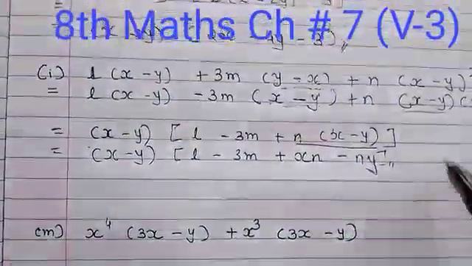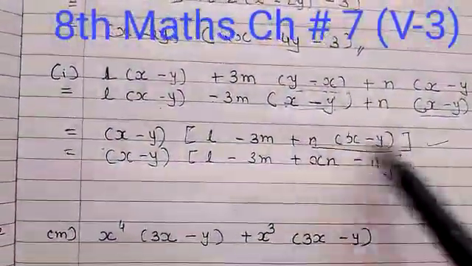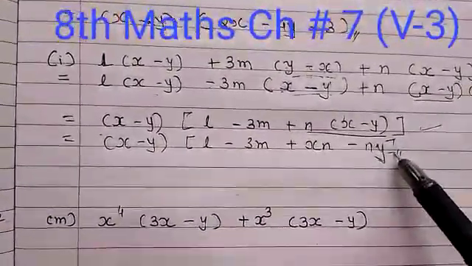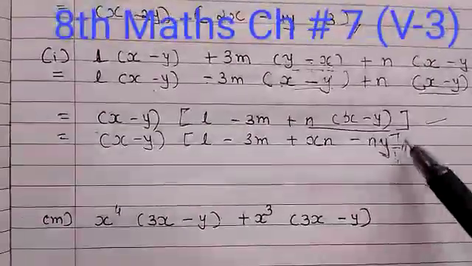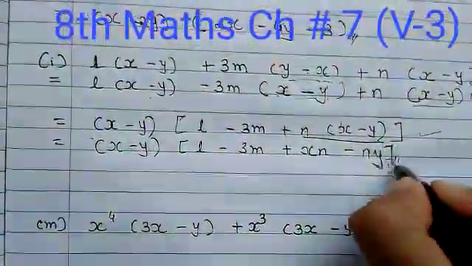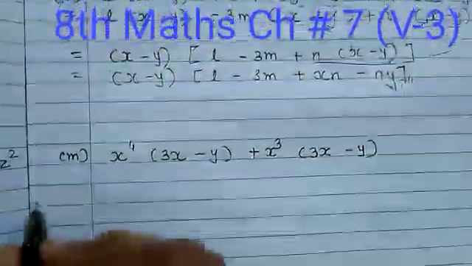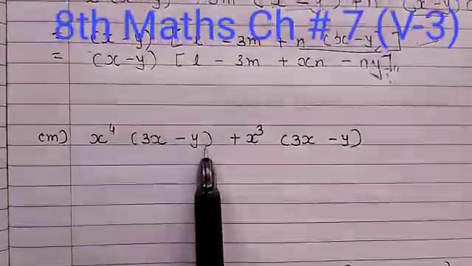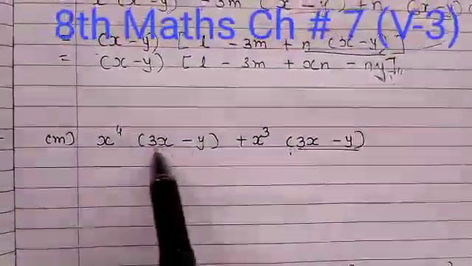Students, the back side answer is given like this one, but most probably whenever you are getting this bracket, you have to solve this in this way, okay? So all the time try to make a habit to remove the bracket and solve in this manner, okay? Both are right. Now next is given x raised to 4 into 3x minus y, and here also 3x minus y is there, so it is common.